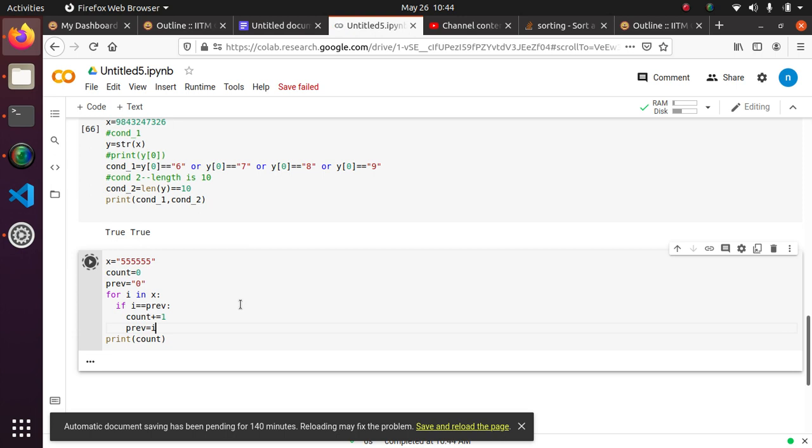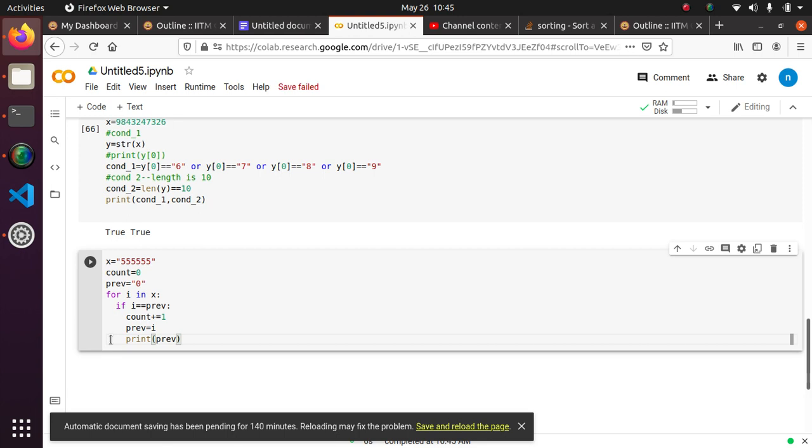Now let's see again. Okay, now how to find the error? I just try to print prev. It is not printing anything.